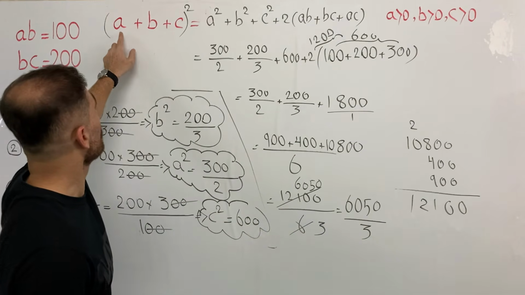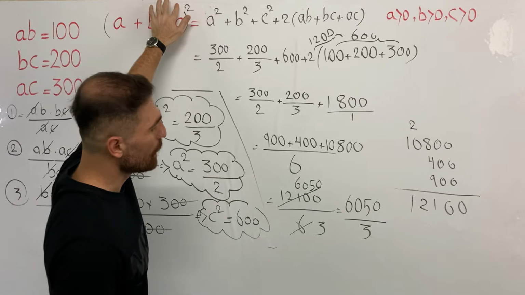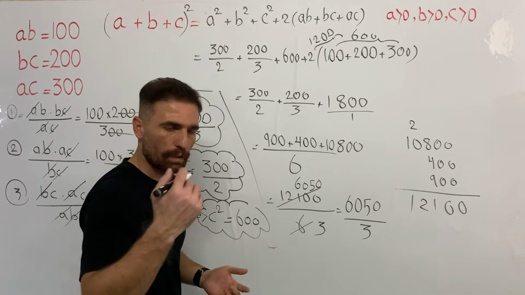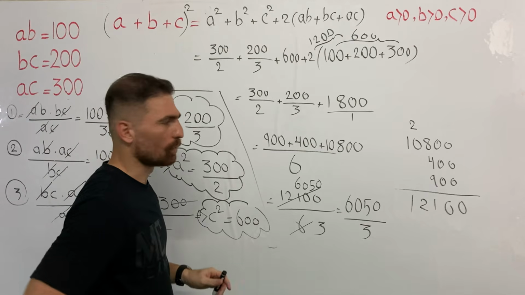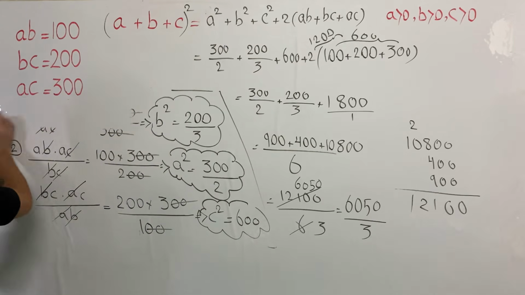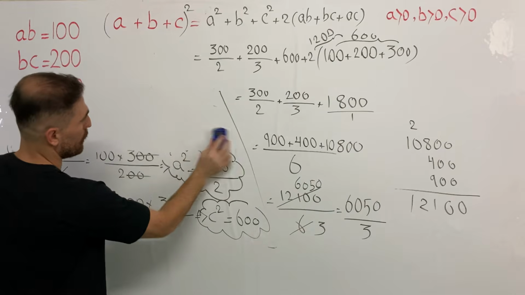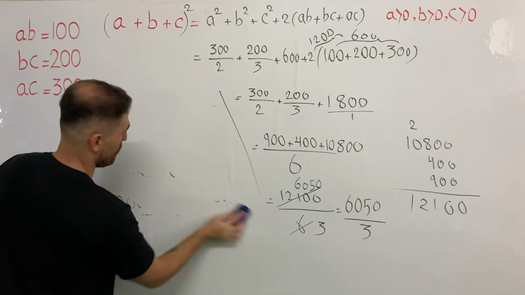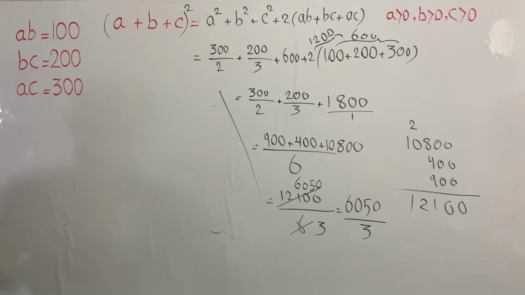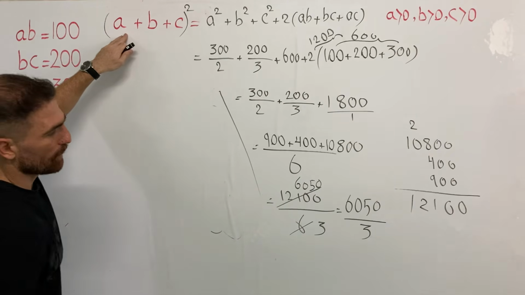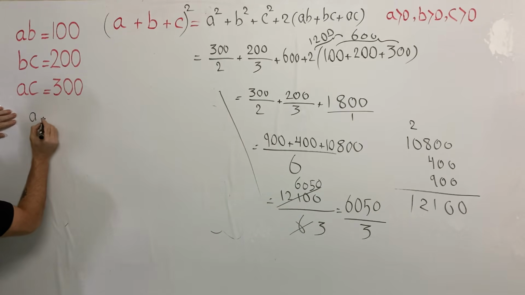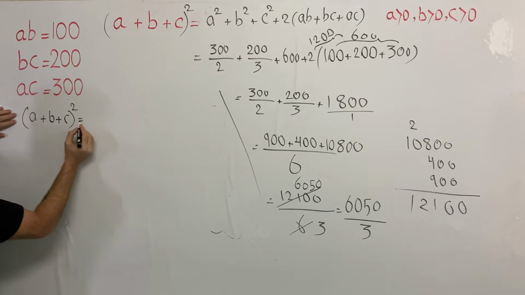This is the value of A plus B plus C squared. So what is the value of A plus B plus C? Come here. I need to erase this part. Sorry. Then I want to continue the solution. So, as you know, this is the value of A squared, which means we have A plus B plus C squared is